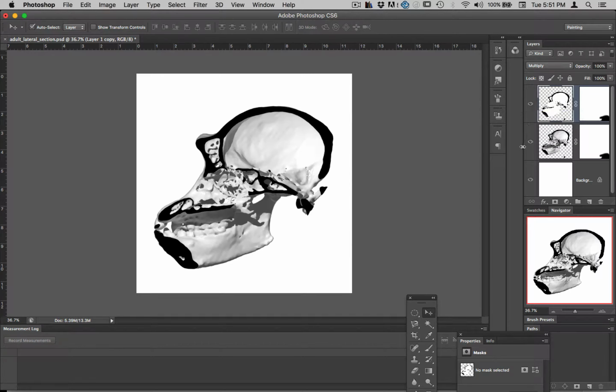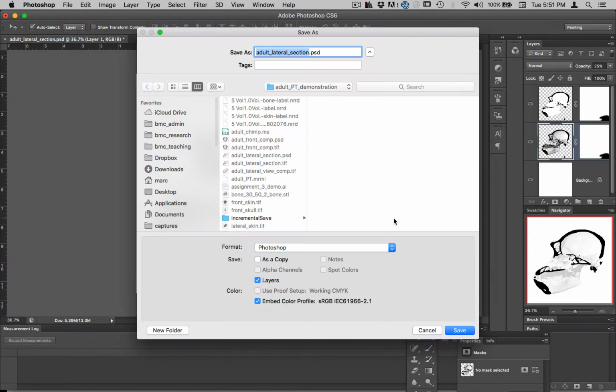What we can do is now take this lower layer and adjust its opacity to kind of ghost it out a little bit, just to leave it in there enough to show us context. So I'm taking it maybe down to 25%, 30%, something like that. And now if we save out this image,